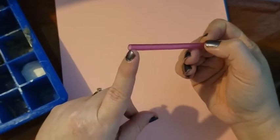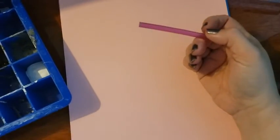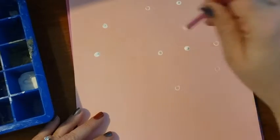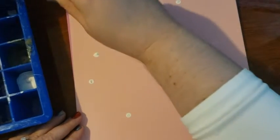Now, I have a straw. I'm using a straw because I can throw it away when I'm done, or I can wash it, but it also makes an excellent stamper because we are going to be making snowflakes. So you just dip your straw, or you could use the end of a paintbrush or the end of a pencil. Just be sure it's okay with your grown-ups, whatever it is that you're using, and you want to make